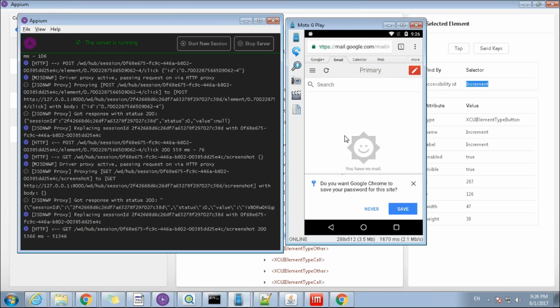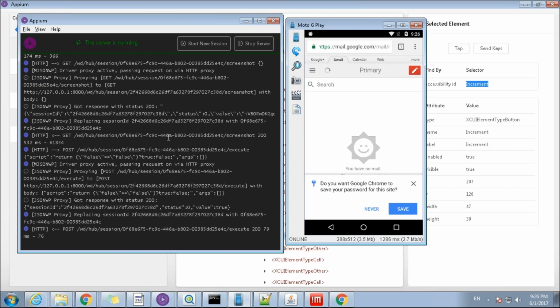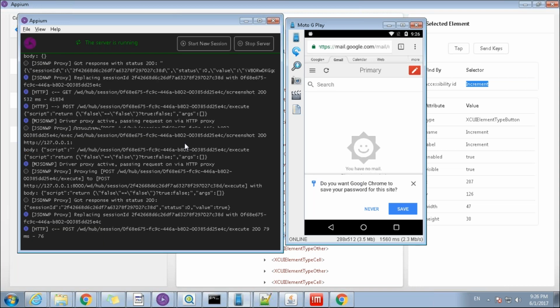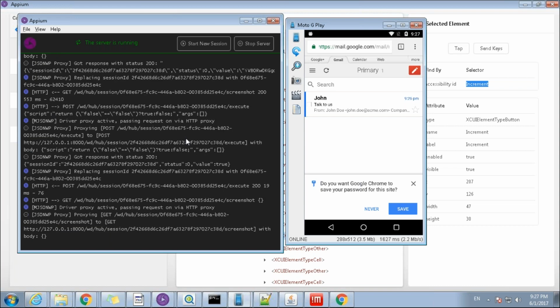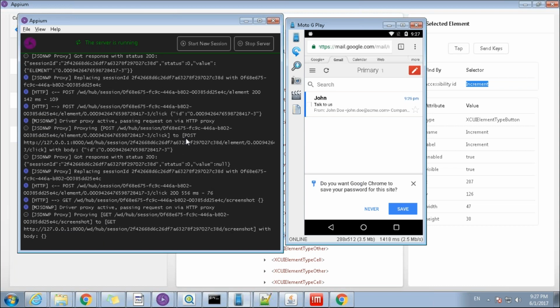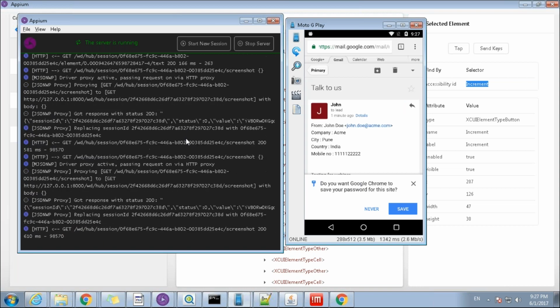So what it will do now is wait for the email with a specific subject line in it, and until that email arrives, the test case execution will wait. It will hit the refresh button if required, and based on the time it takes for the mail to arrive, the execution will continue. So it has hit the refresh button, the email has arrived. Talk to us is the subject line which it has checked, and now it will click the email to get to the details and capture all the details.